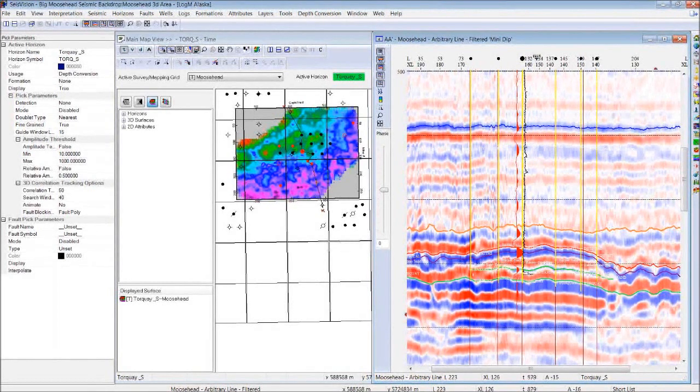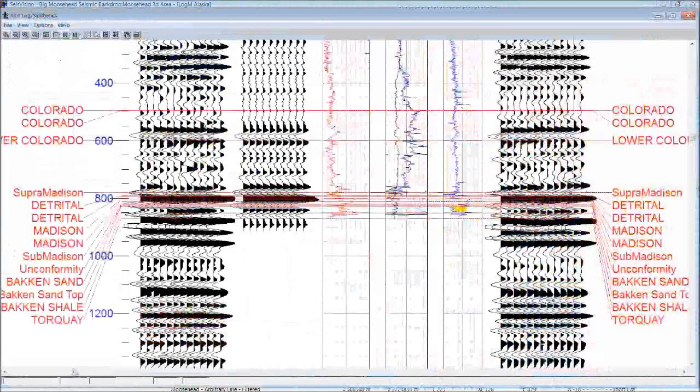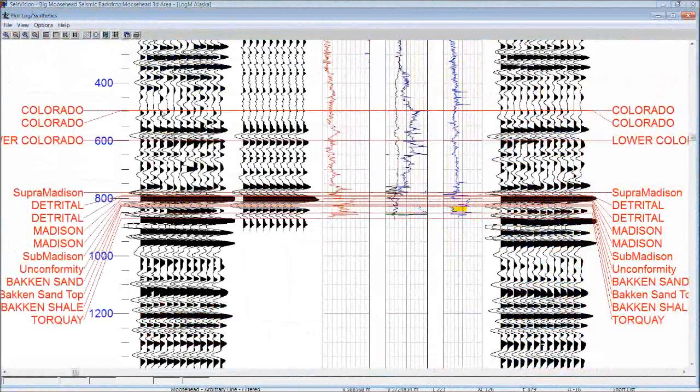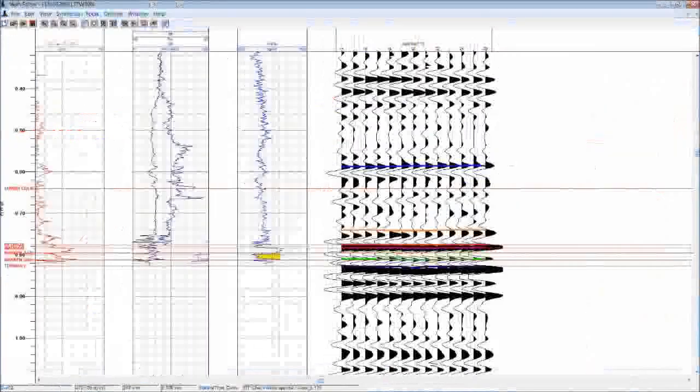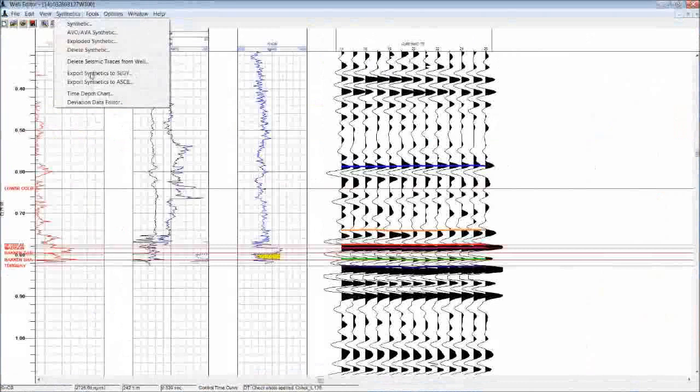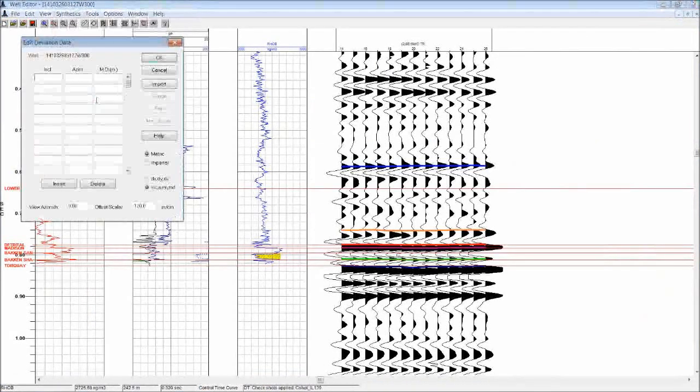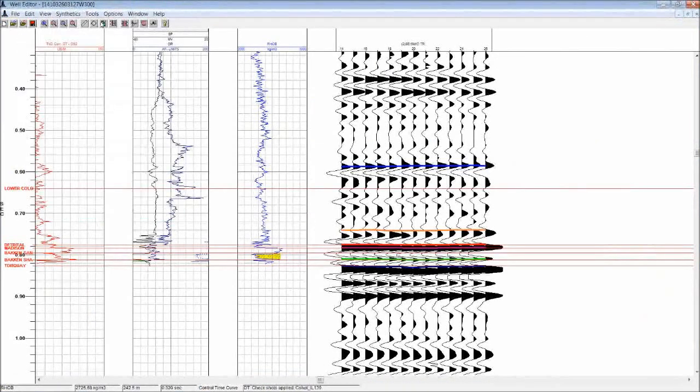Now there's a lot of other things you can do. We can go ahead and plot. So for our presentation purposes, I can plot this environment that I have, which is what you see right here. I just created a plot of that data that I have. This is good for presentation purposes, and even if you're not doing presentation and you want to take this data elsewhere, you have the ability to export your synthetic as a SEG-Y or ASCII, and with your deviated data, you can get this data in,